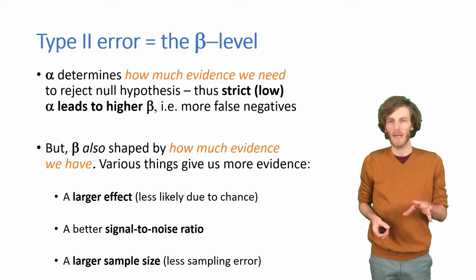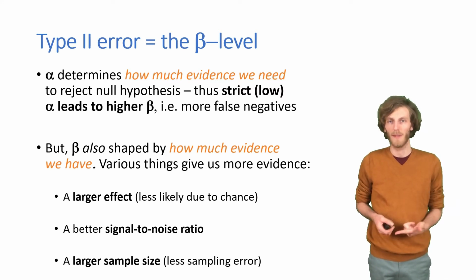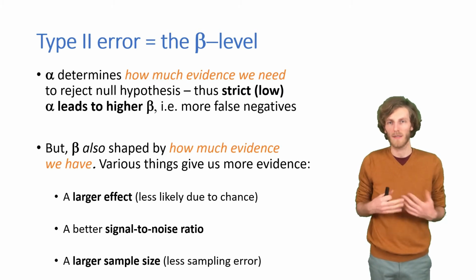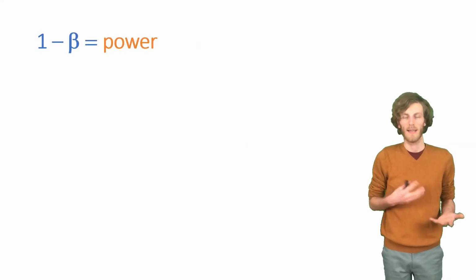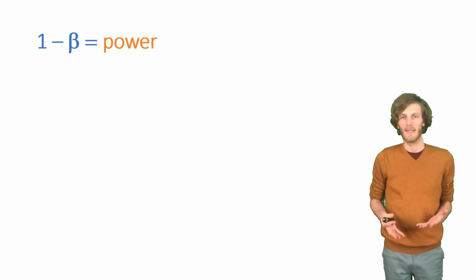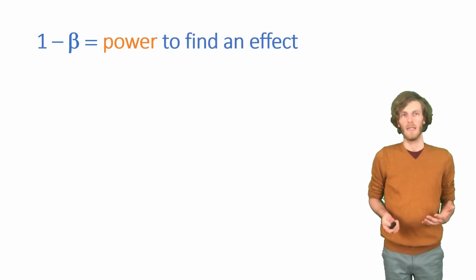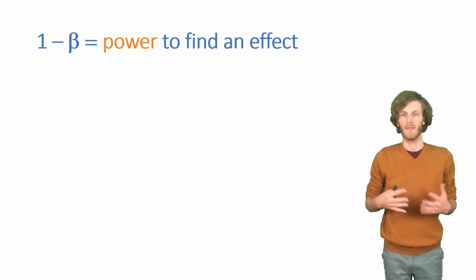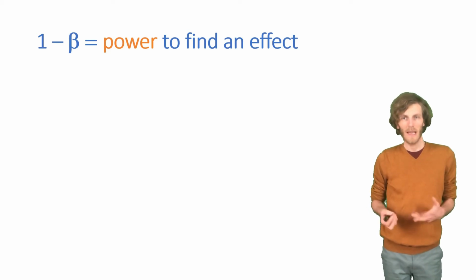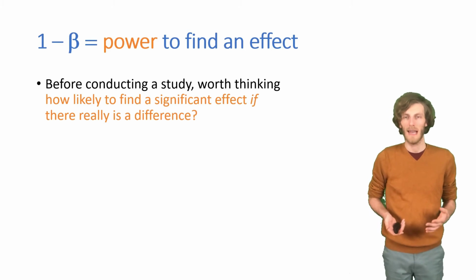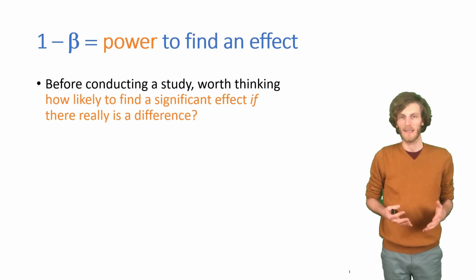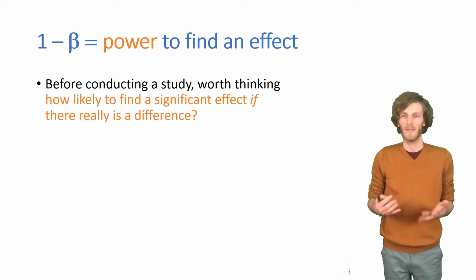So the type 2 error rate is determined indeed by the type 1 error rate. If we're very strict, we will make more mistakes on this other side. But it's also determined by features of our research, like those three. So the converse of the type 2 error rate is what we call statistical power. That's the power to find an effect if there really is an effect. And it's quite important to think about it before conducting a study, because if we conduct a study where it's very unlikely to find an effect if there is one,